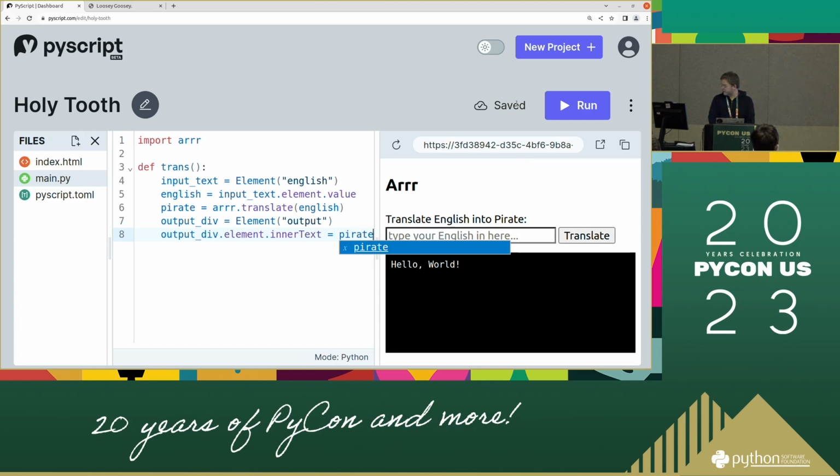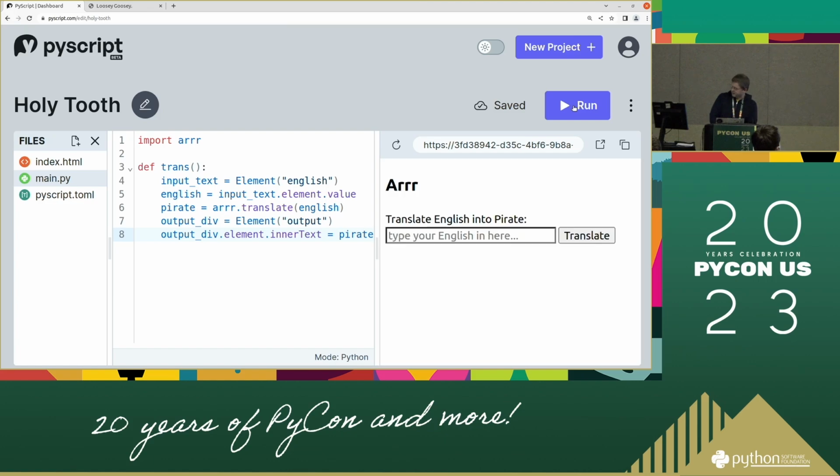So that's automatically been saved, and if I click run, and I've sacrificed enough chickens to the demo god this morning, let's see if it works. So, it won't work, because do you know what I've done? I've forgotten to do something. Let's see if you can work out what it is. This is cool. Translate. Nothing happens. I click translate. Nothing happens. That's because I've not connected the event in the DOM with the Python trans